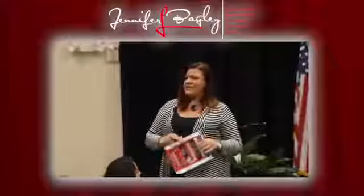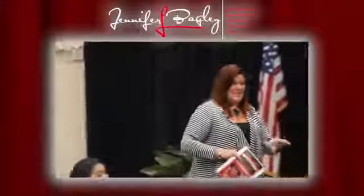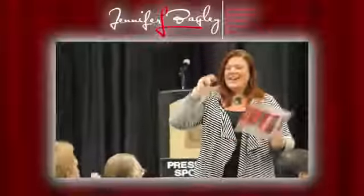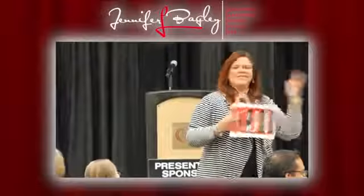I want that truck, by the way. What do I need to do to get that truck? Where's the truck guy? He wants that truck. Bad. He's taking pictures of the truck and not me. Okay, so I was going to do the presentation from the truck, actually. Okay, now, what was I saying? Right,